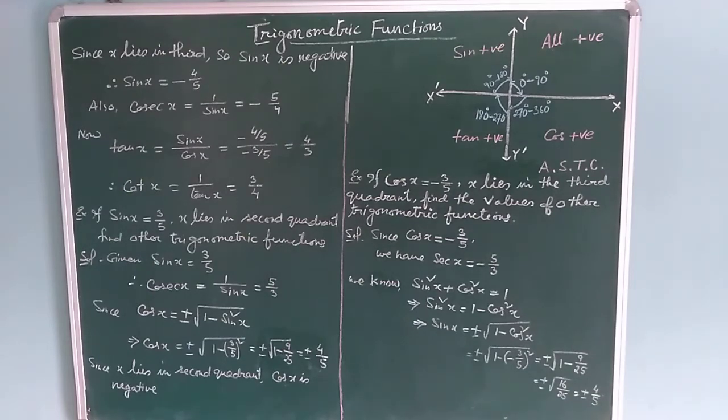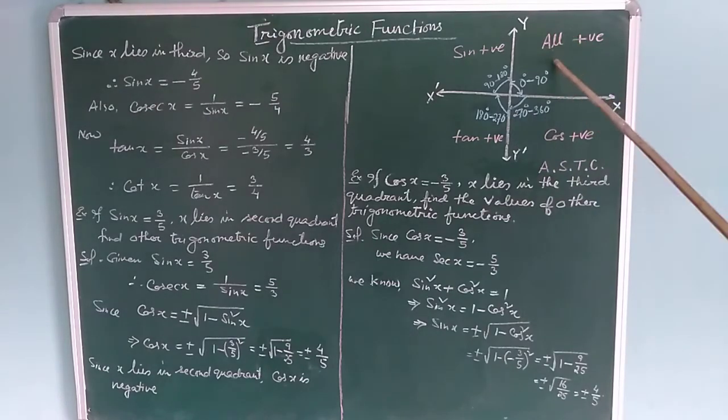So today we discuss some properties of trigonometric functions. Okay, so you see here this is called first quadrant, this is second quadrant, third quadrant, fourth quadrant. In first quadrant we take angles from 0 degree to 90 degree. In second quadrant angles are taken from 90 to 180, then 180 to 270 and 270 to 360.